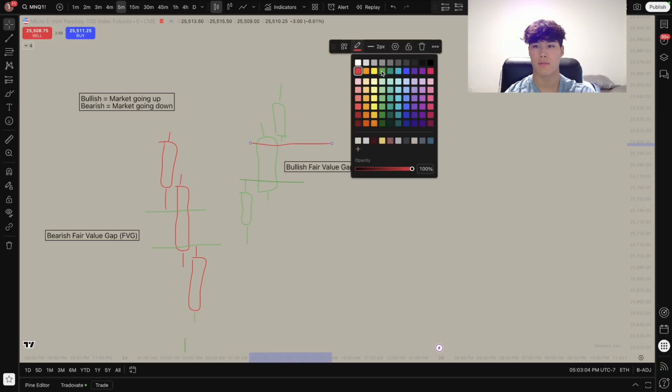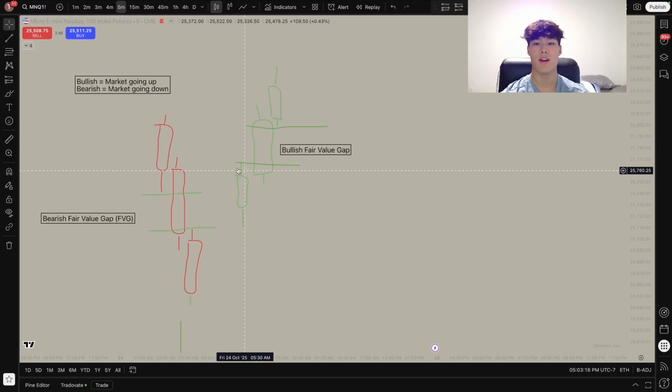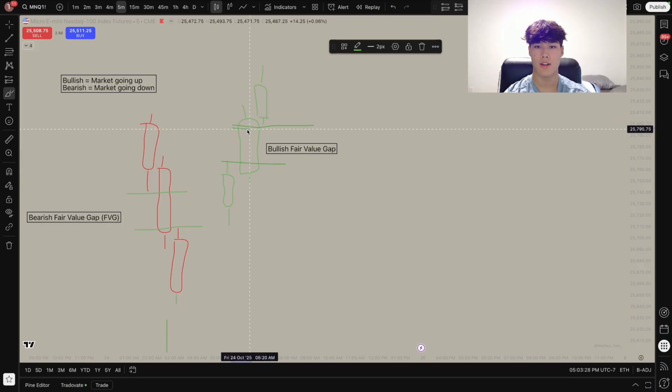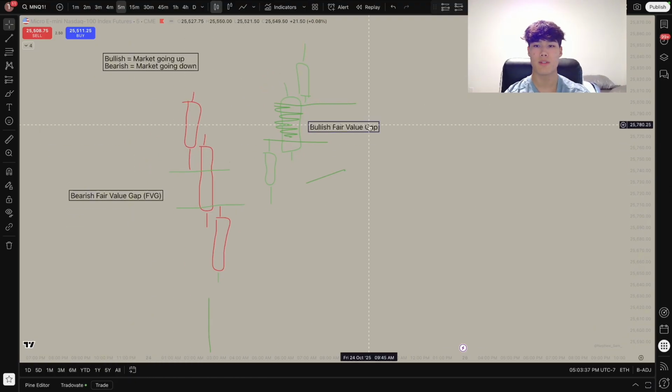That is the gap. Remember, first candlestick, take it from the top wick to the third candlestick's bottom wick. You're going upstairs, you skip a step to get upstairs faster. That is what a bullish fair value gap is. This right here is the imbalance in price, and it forms a gap. All right, and just to make sure you guys understand, this area is the gap. Perfect. All right, so that is what a bearish fair value gap is, and that is what a bullish